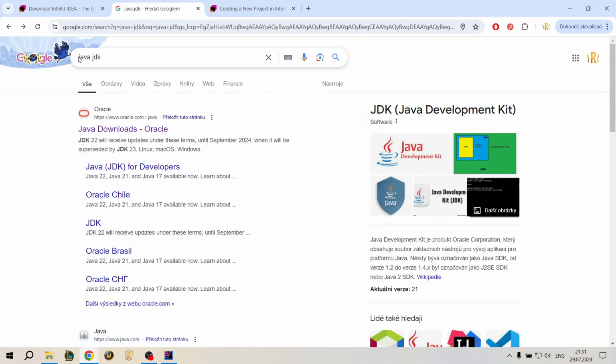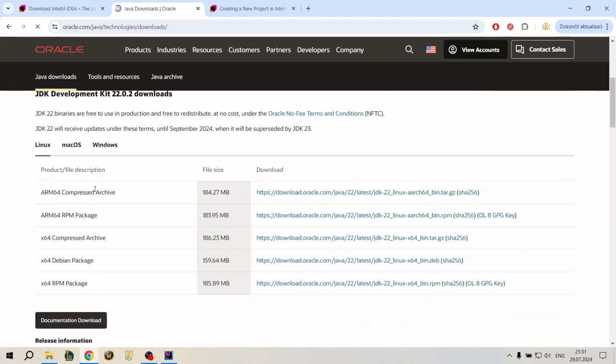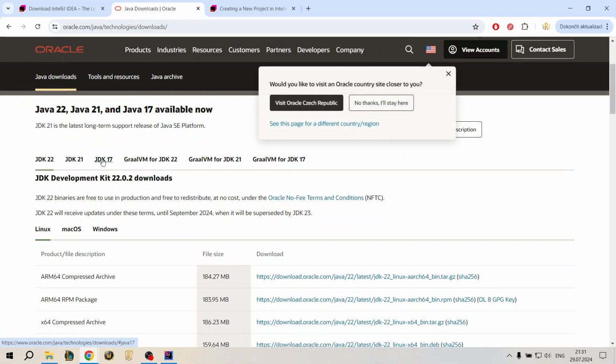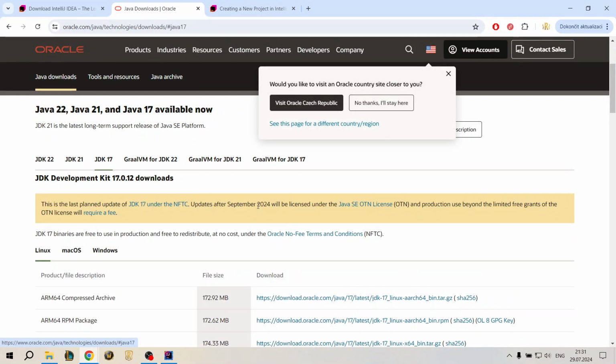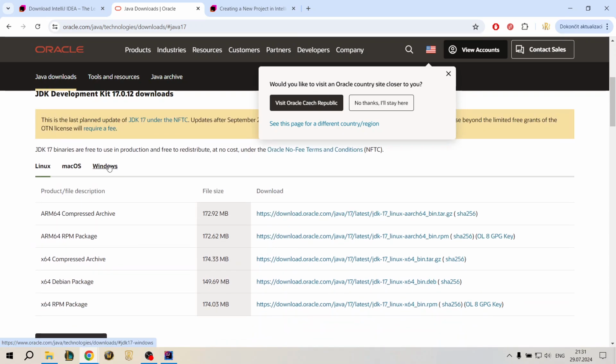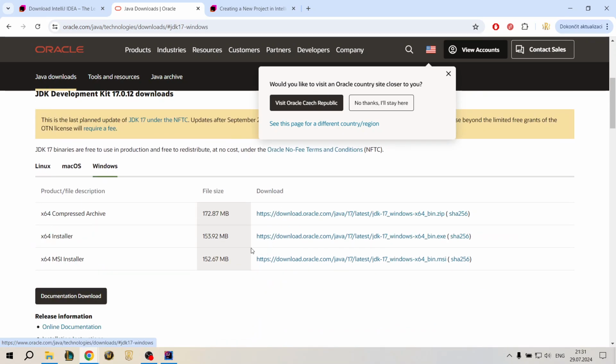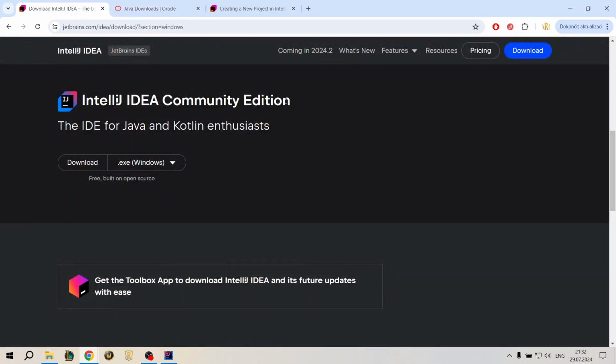Next, you need to type Java JDK and download the first link. And here you can select, for example, JDK 17. It doesn't matter for our project. And click Windows if you have Windows, installer, click on installer and then install it. Once you have these two things installed, you will go to your IntelliJ software, open it, and you will